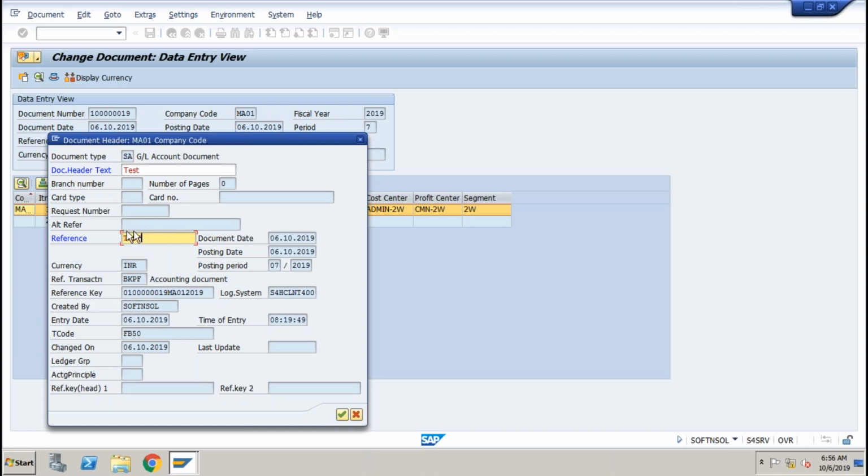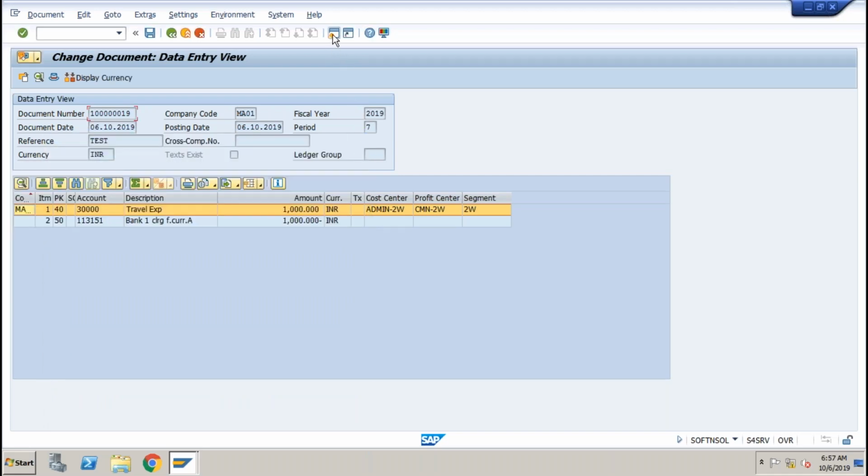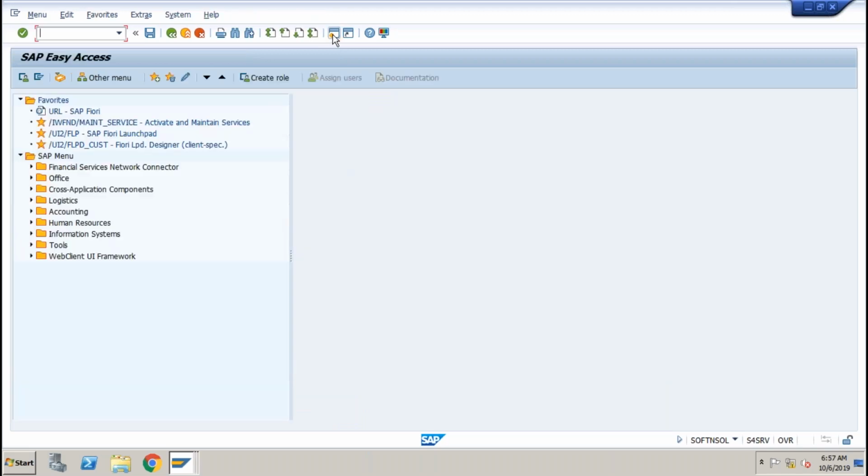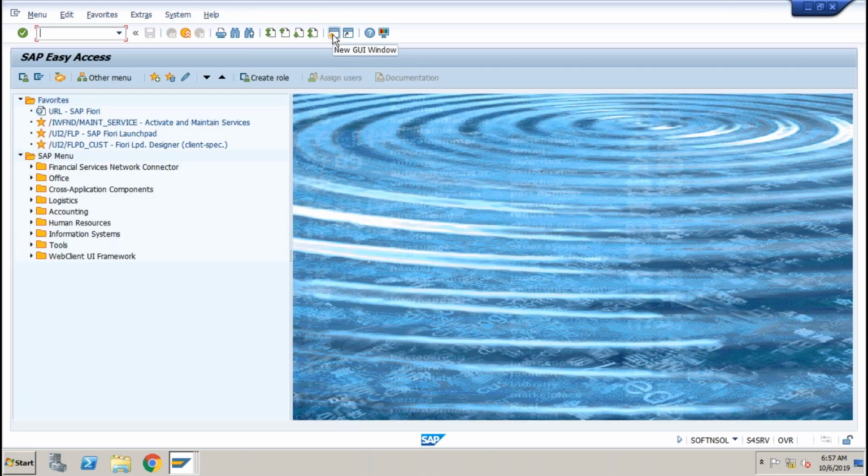So first thing is, if a customer is asking you, there is a requirement that by default the reference field is editable once it is posted, but the customer is saying, no, I want this field to be restricted. This field should not be changed once the document is posted. So where is that configuration from where we can tell the system, after the document is posted, which fields are allowed to be changed and which fields cannot be changed? So you can go to SPRO,